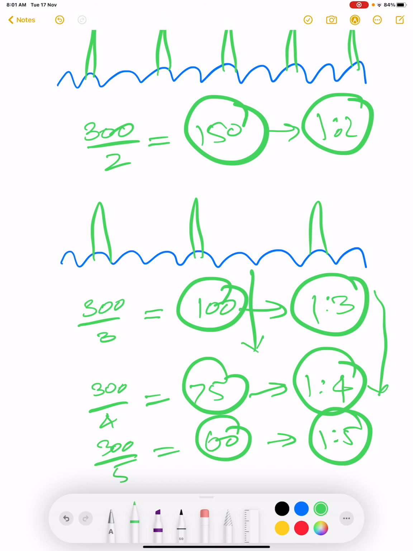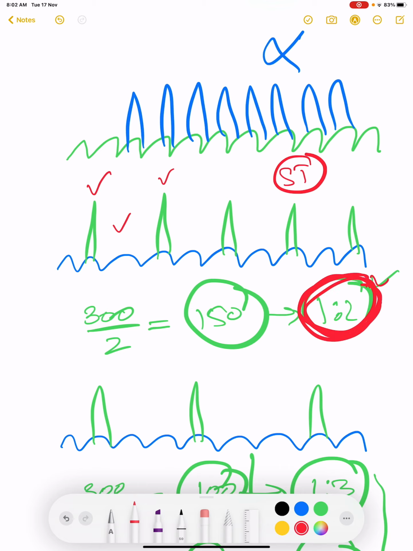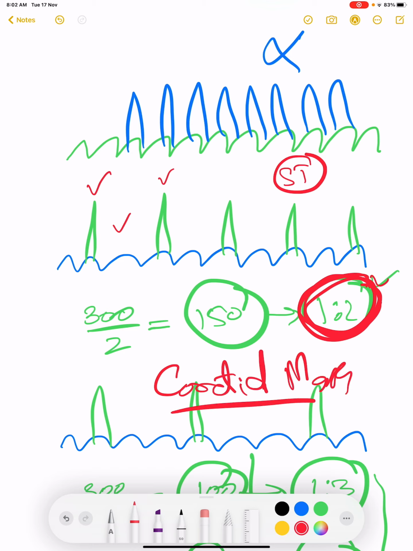So sometimes the 2 to 1 block is very confusing because it looks like a normal QRS complex, then a normal P wave and a normal QRS complex. We can say that it might be sinus tachycardia. But if we are confused between sinus tachycardia and atrial flutter with 1 to 2 block, what is recommended? We will do a carotid massage. And carotid massage will increase the vagal tone of the AV node and the AV nodal block will increase.